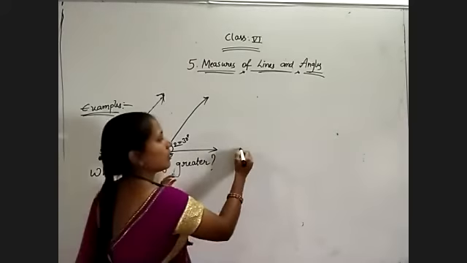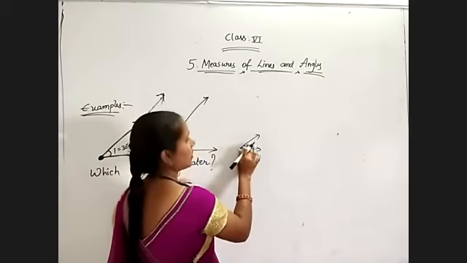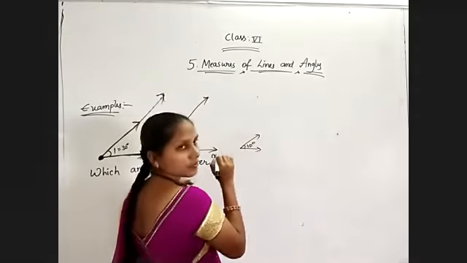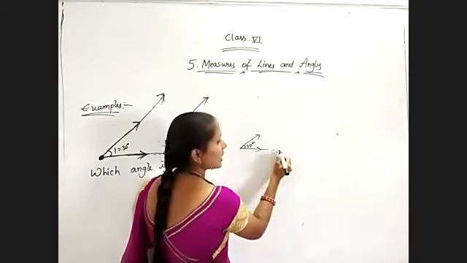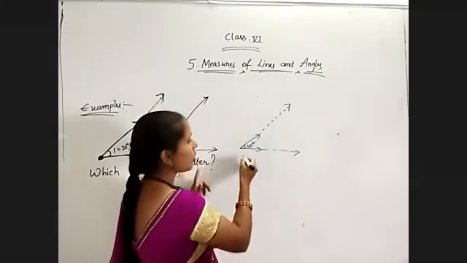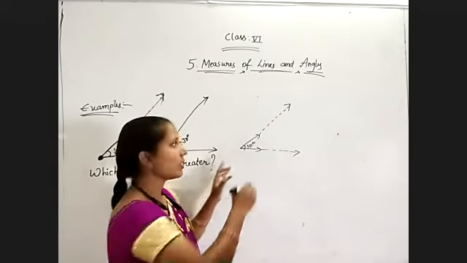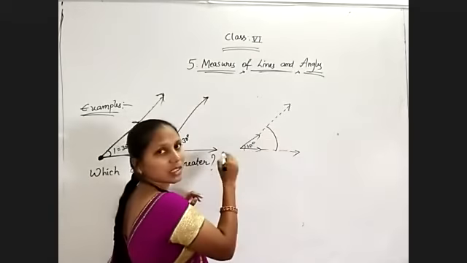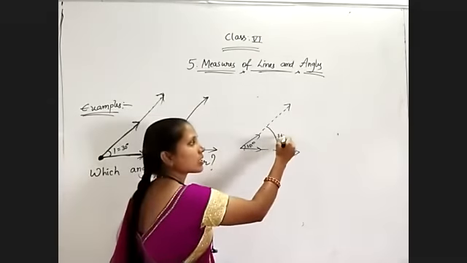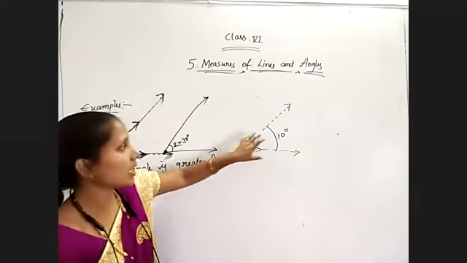Means, for suppose I have an angle x, 10 degrees I have. And I am extending these arms, these rays I am extending. Even though it is having 10 degrees only, not more than 10. Remember, if I am showing the angle here, that is not more than 10. It is also equal to 10 degrees itself, because we are able to measure here only.